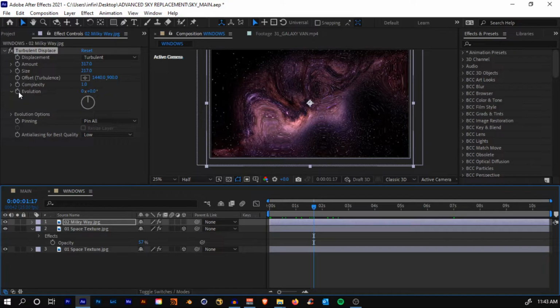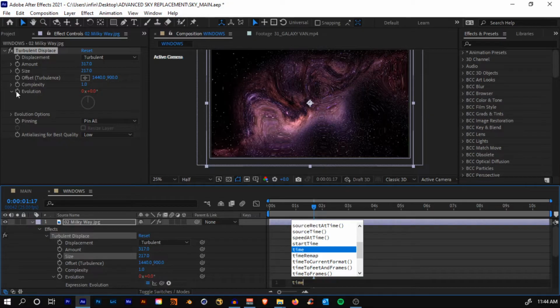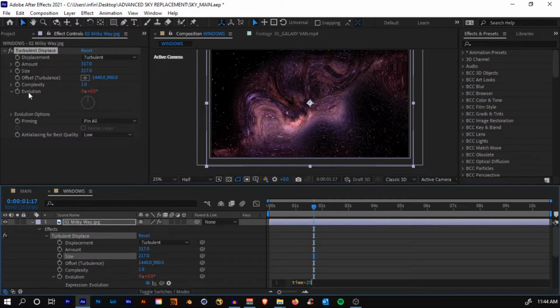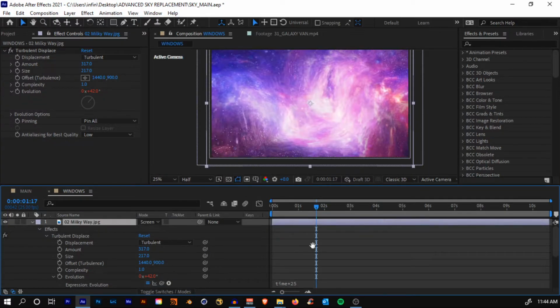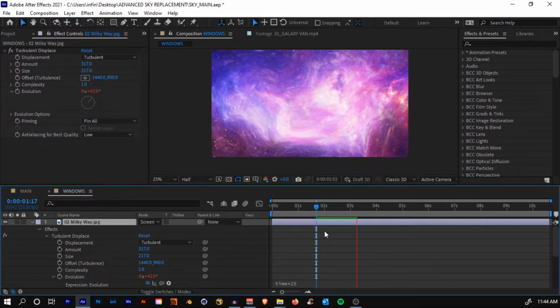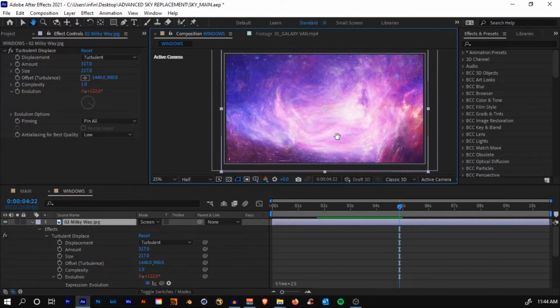And just add a simple animation to the evolution. So hold Alt and click on the stopwatch icon and add in an expression like time times 25 and change the blending mode to screen, so that we have a little more texture here.